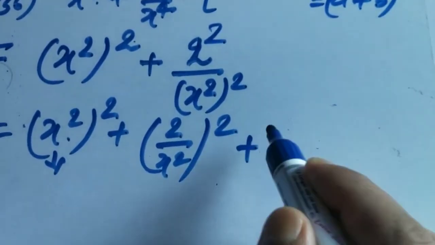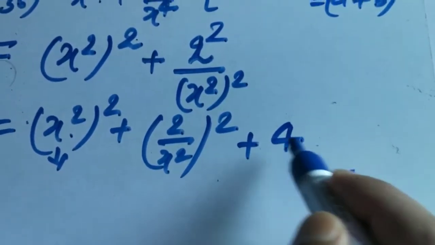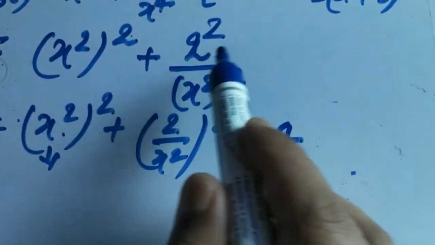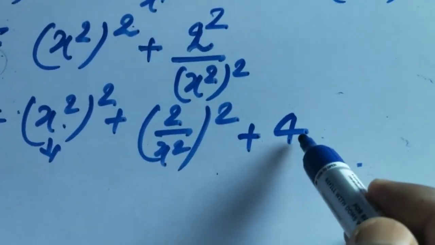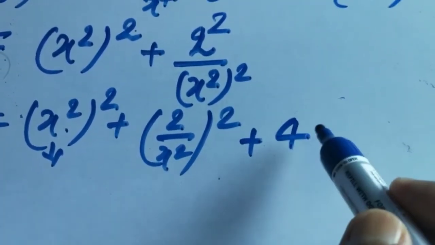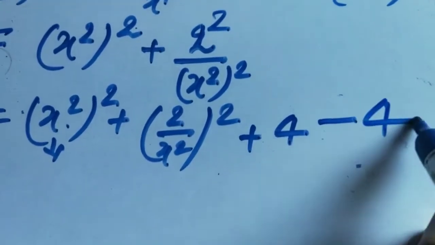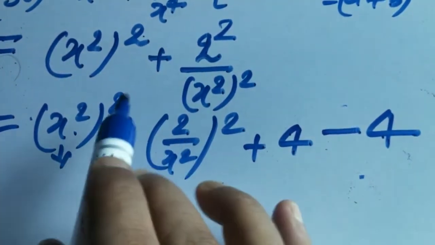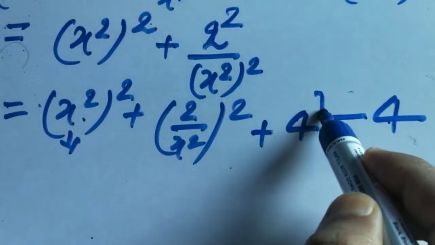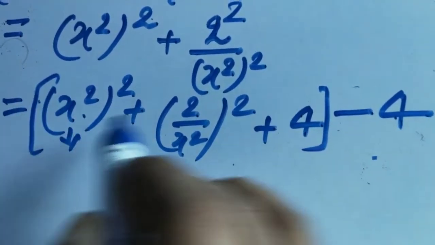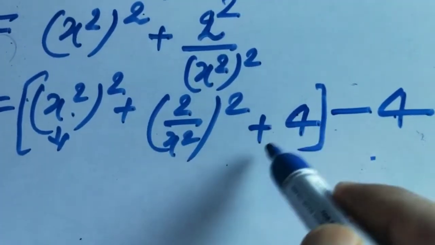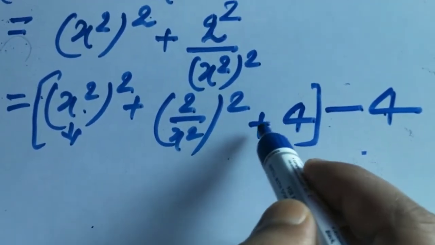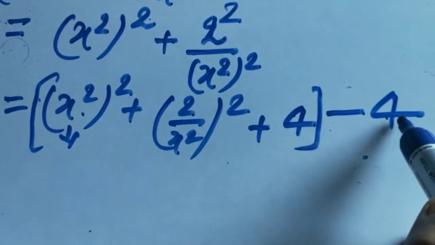So what did we do? Here we add 4, and since it was not there originally, there is no term after these two terms, but we have written 4, we have added 4, then you have to subtract 4 also. This 4 plus and minus will be cancelled, then we remain with these two terms only. Okay, but here it is not written to be cancelled; there is no need to cancel it because we have written it purposely, we have written plus 4 and we have subtracted minus 4.